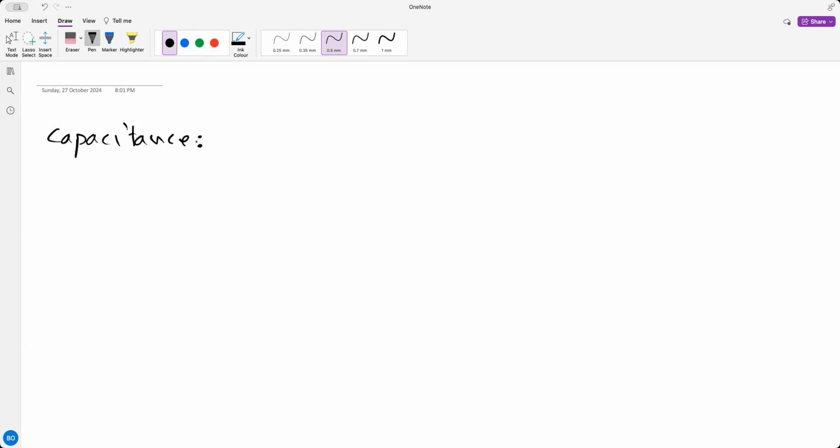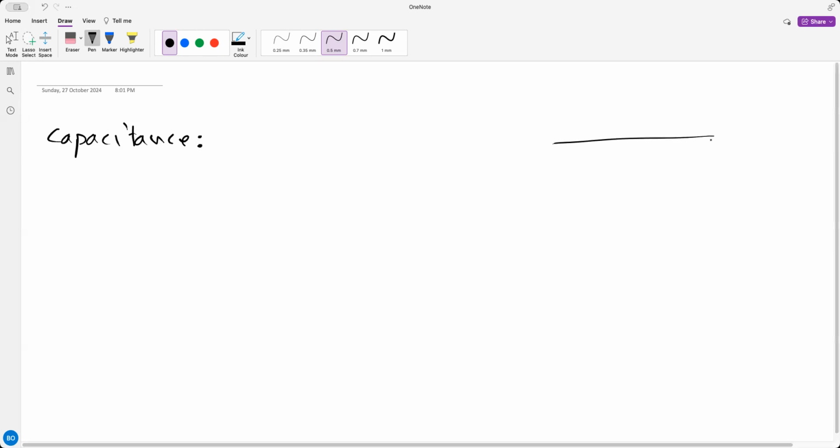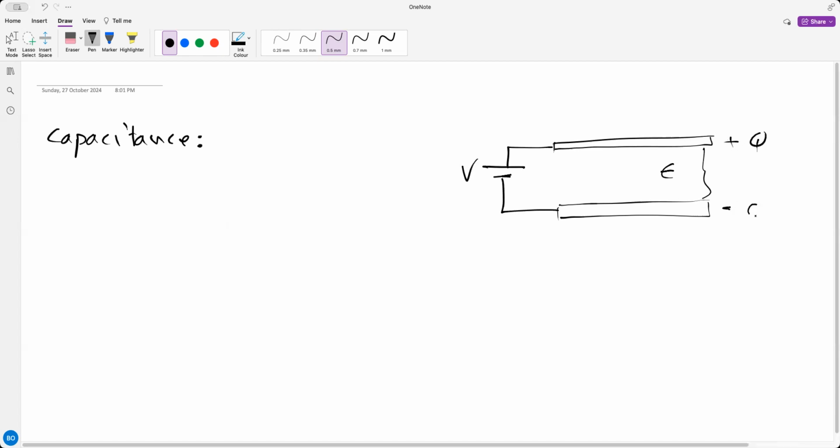So what is capacitance? If I take a conductor, and a dielectric in between, it could be air, but it is a dielectric that has epsilon. If I apply a potential difference V, this will create a positive charge here and a negative charge there, and of course the electric field goes this way. Now, we know that the electric field